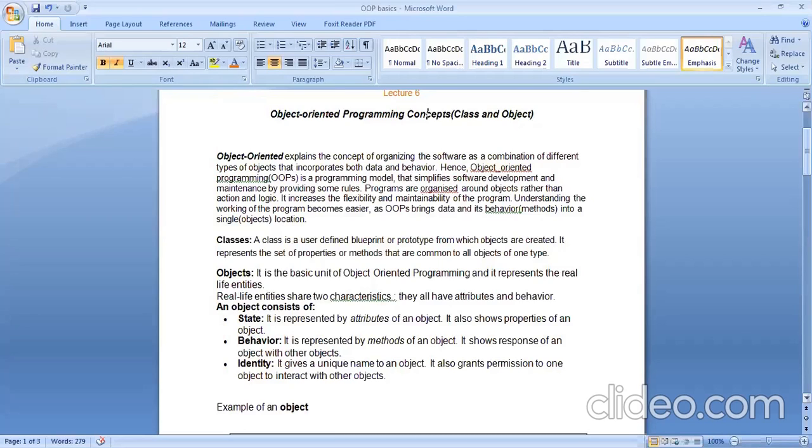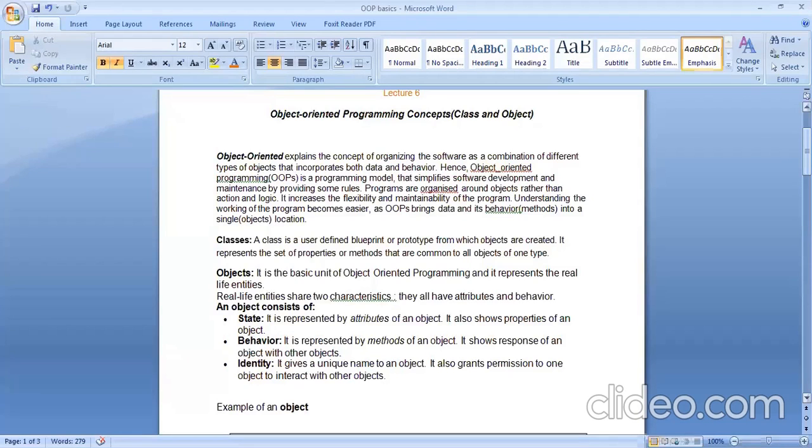It follows a top-down approach, because we have one problem, then we go on breaking it into parts until we reach the lowest level, where we have very simple, very basic functions that can be easily programmed. Fine. Talking about object-oriented: procedural is based on procedures, whereas object-oriented is fully based on objects and classes. That means it is very much related to real-life applications.